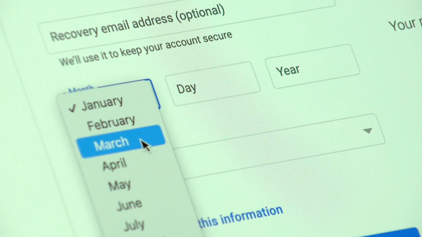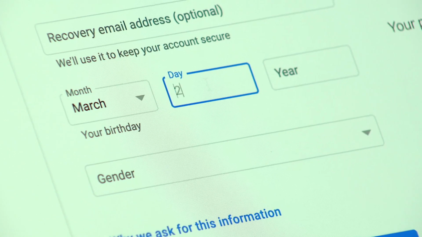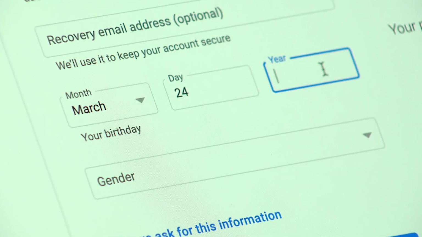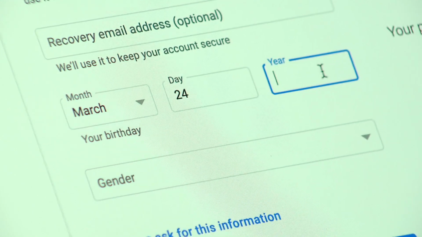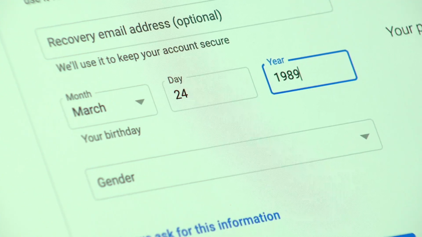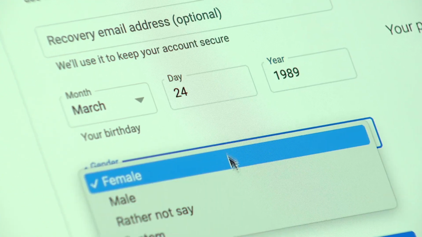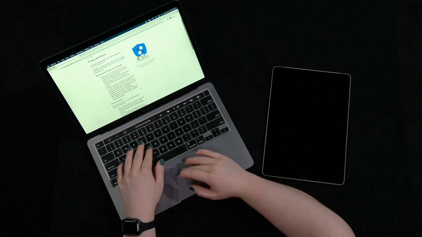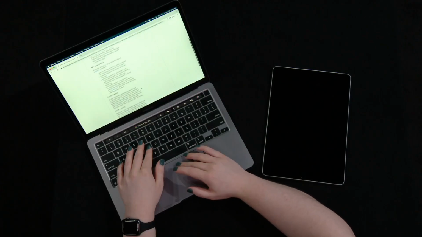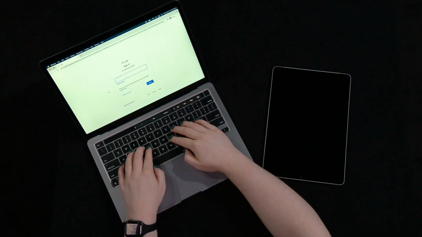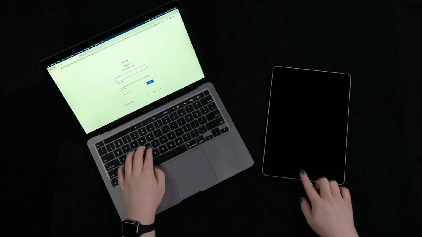Google also requests your birth date. This is mostly to make sure that you are above the age of 13. Nicole enters a birth date and confirms her gender in a drop box below. Once you've entered this information, you'll need to accept the privacy terms. Once your email address is created, you can sign in anytime by going to gmail.com or